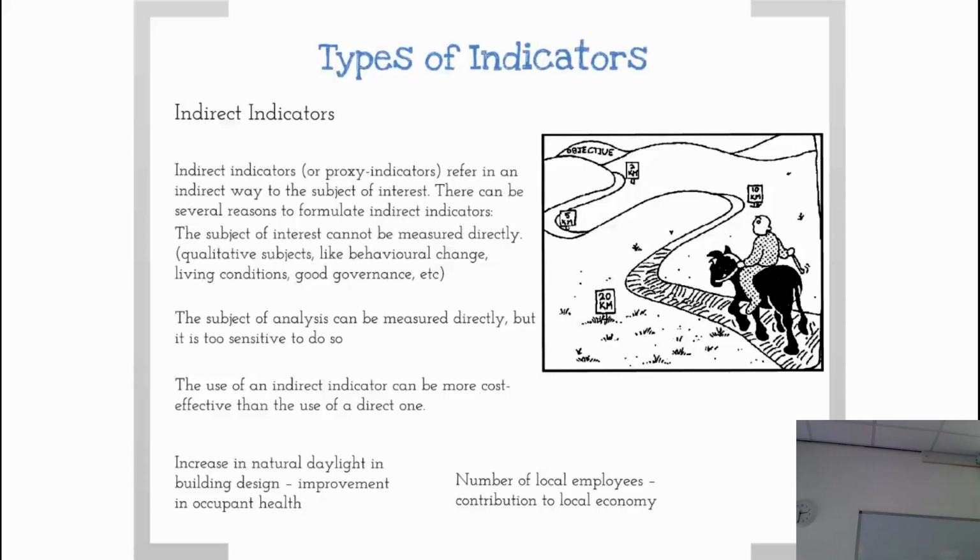So one of the things we said, we'd measure the percentage of workers on this particular project which came from the local area. Okay, and we could define that as much as we wanted, within 10 miles of the project, 20 miles, 30 miles. And we would say, well, by keeping people who work within the area, therefore we are contributing to the economy of the area where we're working.